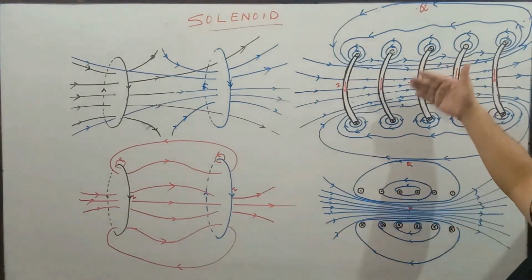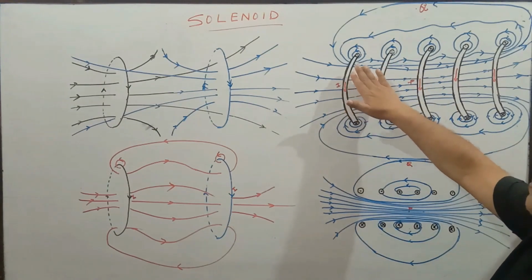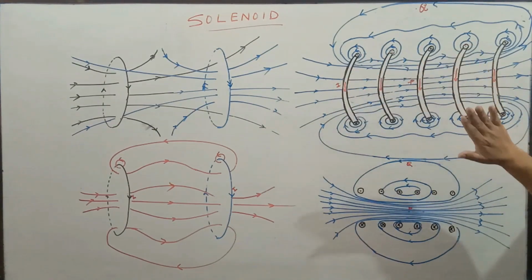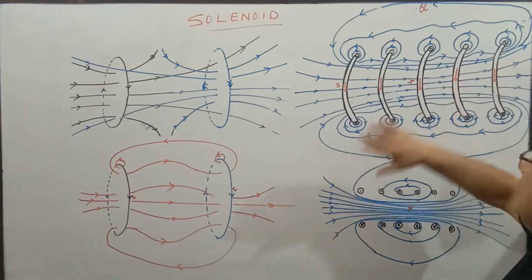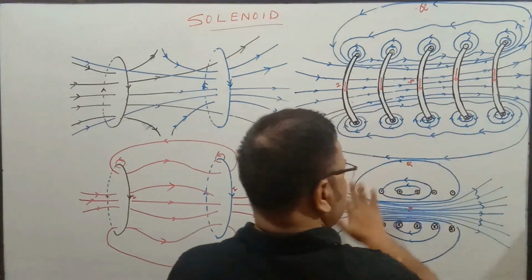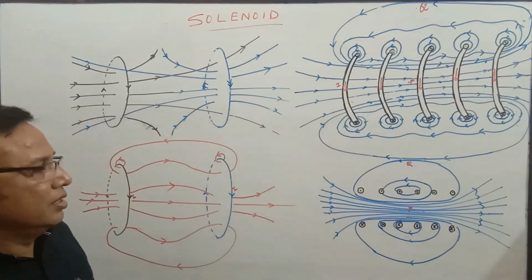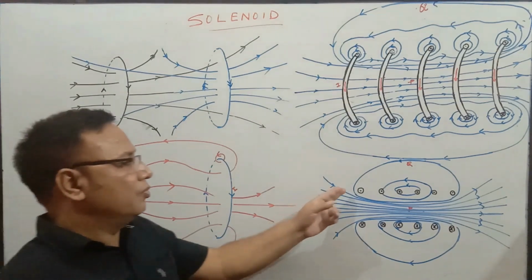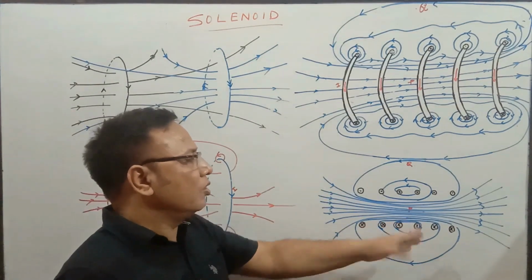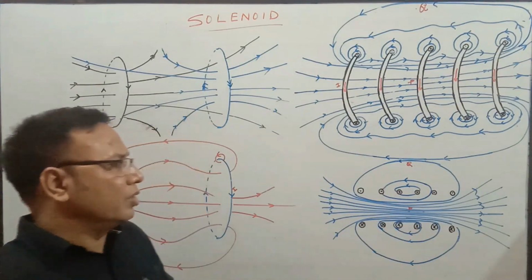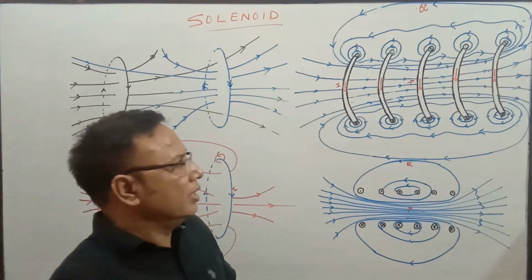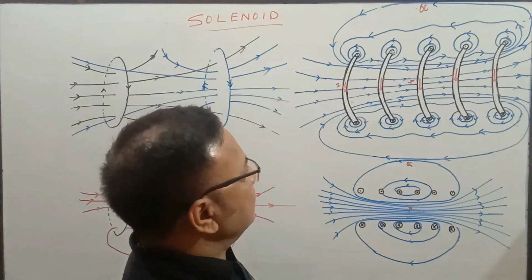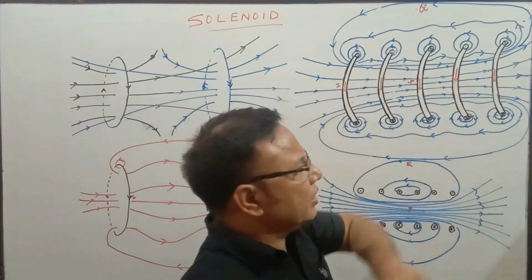This is the cross-sectional view. Suppose the wires shown outside the blackboard are invisible, then you can see the picture of magnetic fields somewhat like this. So this is the cross-section. A dot means the wires are coming out, a cross means the wires are going in, or rather the current is going in, not the wires, but it's quite obvious that current is going in. As far as the field is concerned, here you see all the fields are concentrated.